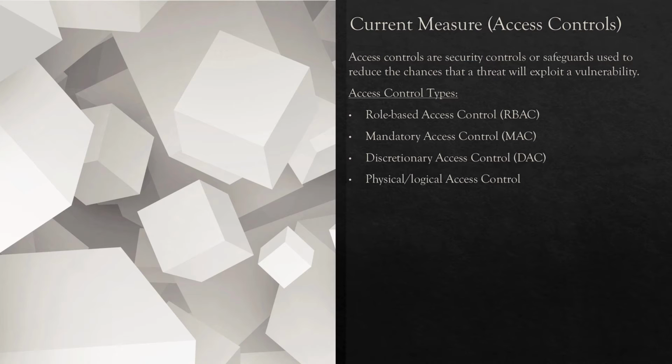Access control types include role-based access, mandatory access controls, discretionary access controls, and physical and logical access controls. Role-based access controls control access and permissions based on users' role, functions, position, or department they operate in within an organization. Mandatory access controls is non-discretionary and is simply based on the decision of a central authority such as the security administrator. Discretionary access controls enables a file or system owner to control, grant, and limit others' permissions.